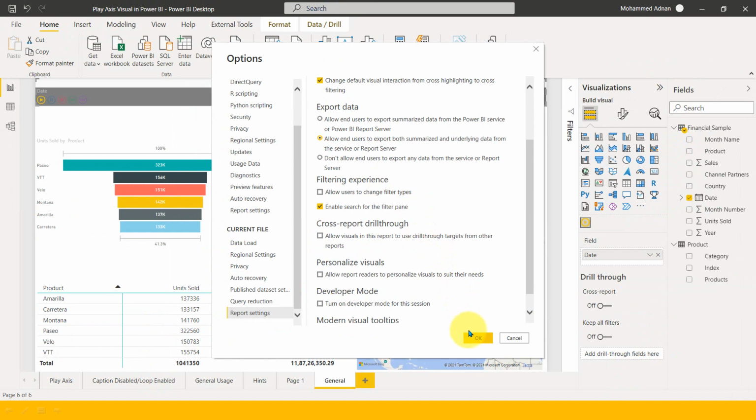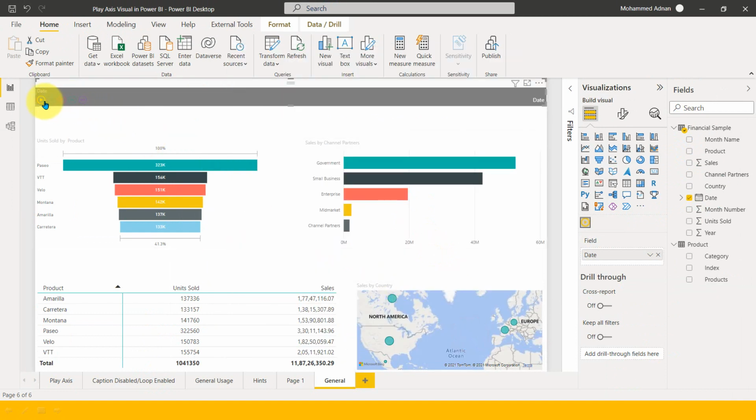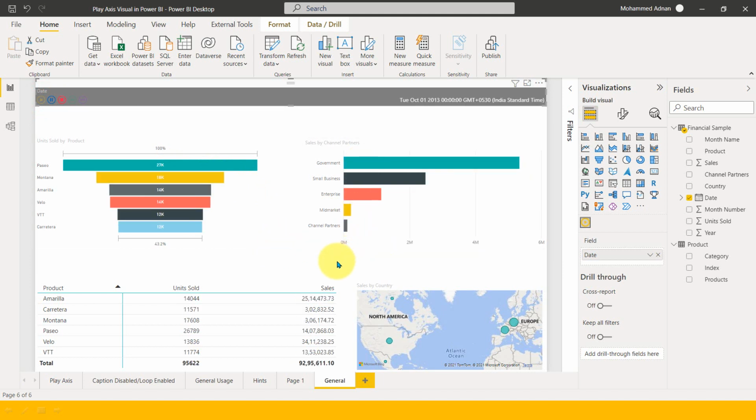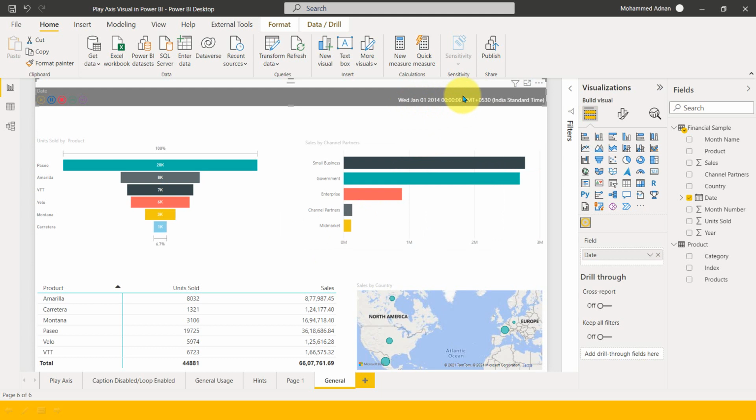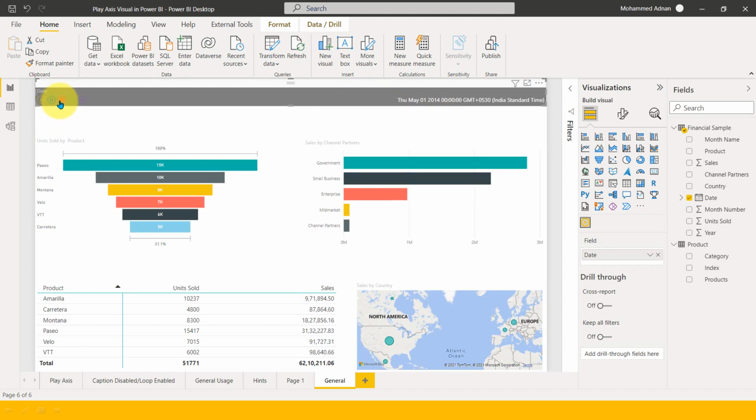And now click on OK. And here if I click on play button, it will filter all the data. And if you see the changes here, right? It is changing value one by one, and it is changing the date also. If you look at here on the top right, you can see the date is changing up here. This is a really cool and amazing visual which you can use in order to use this something in a display monitor.